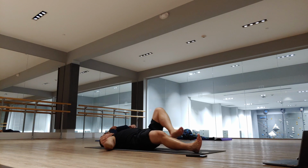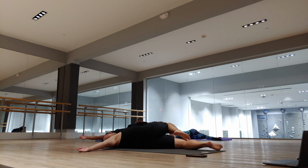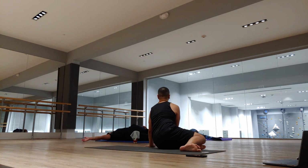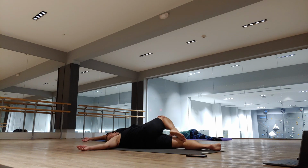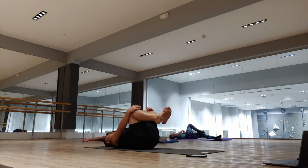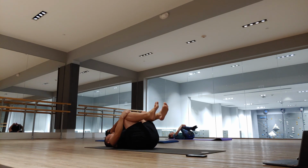Take it back to center. Switch legs, switch arms, and twist to the other direction. Take it back to center, hugging both knees in. And then once you stretch your lower back, and coming back to left and right symmetry, when you're ready,